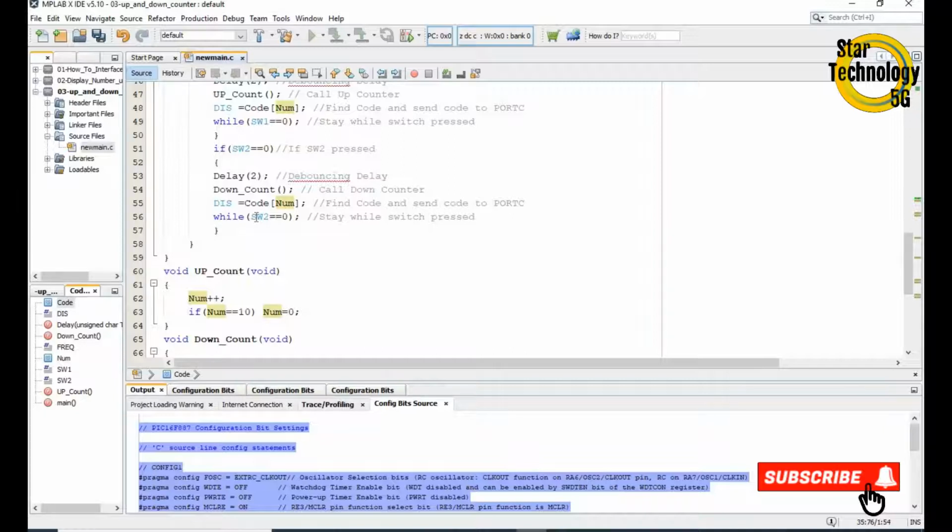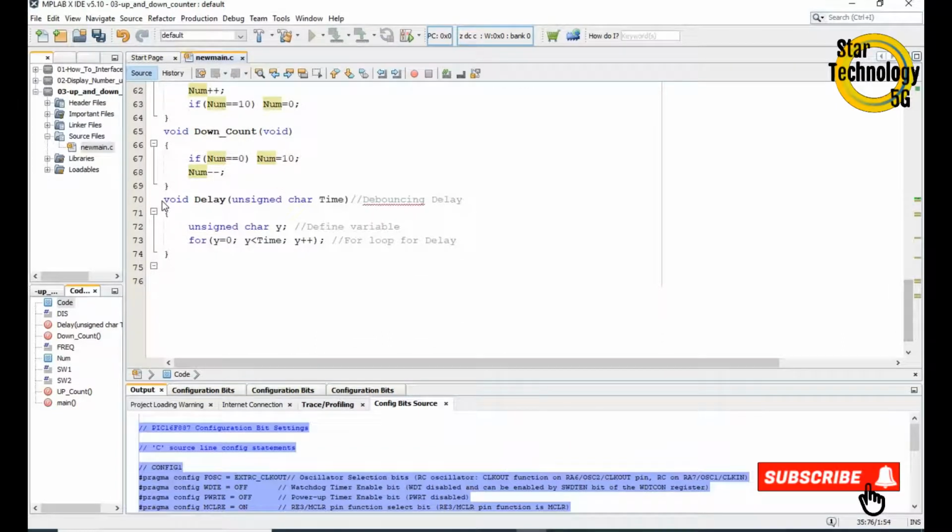If switch 2 is pressed it will stay here and it will not count the next count until we release the switch.